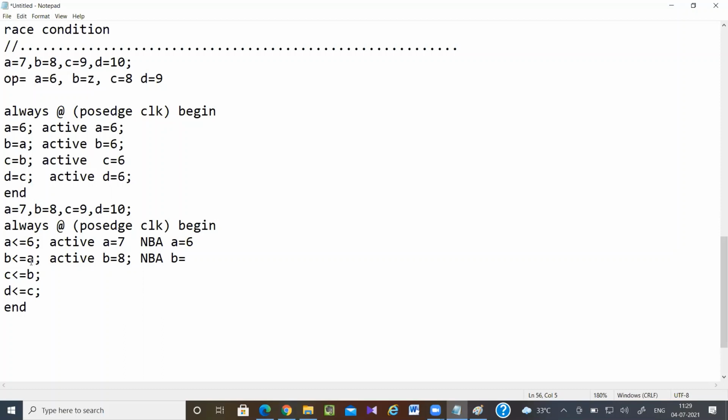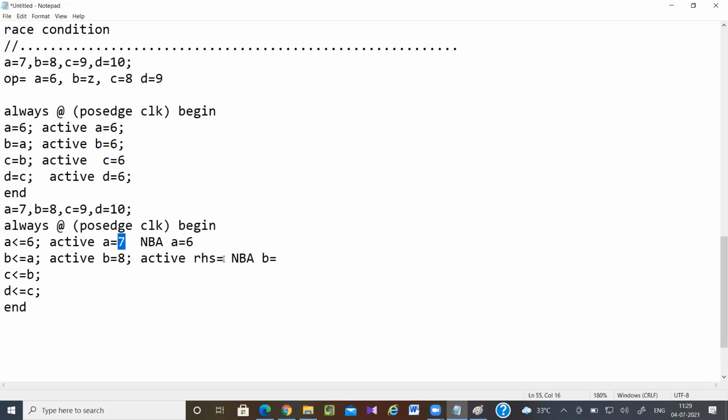Now see, okay, here this RHS will get evaluated in the active region. So now here for B, what is the RHS value in the active region? RHS value will be equal to what? A. Now what is the A value in the active region? 7, ma'am.